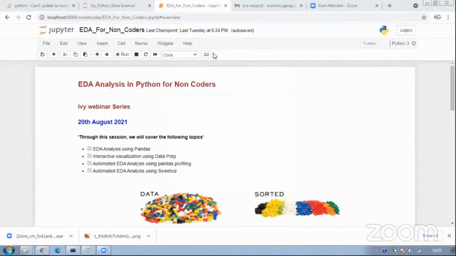Now unlike the other modules of data science, let's say linear regression or logistic regression, or neural networks, or gradient boosting, there is no such hard and fast rule about what EDA is.